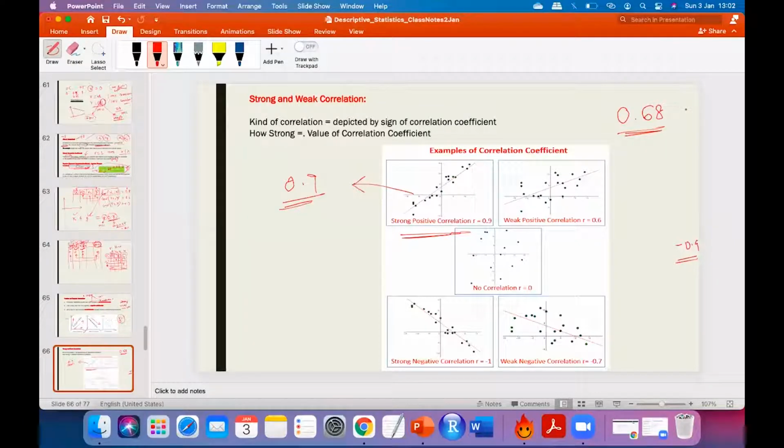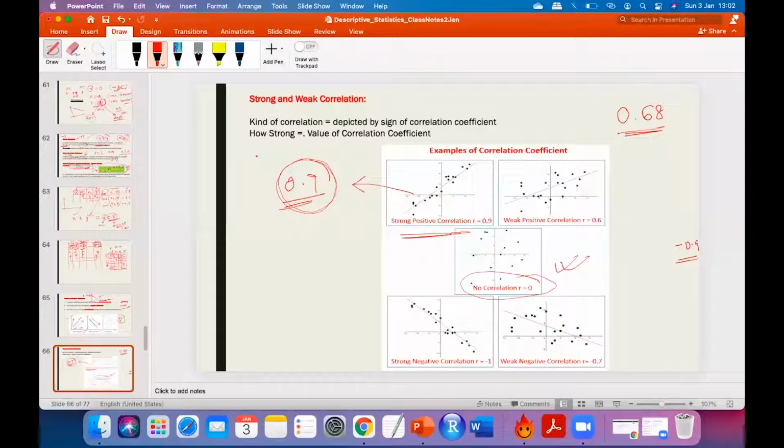Just giving a thumb rule, right? Obviously, if R is equal to 0, that means no correlation in any of the problem. But when it comes to the strength, it is you who will decide whether you are considering very good correlation, I mean, very strong correlation. What is your level? How will you decide that?